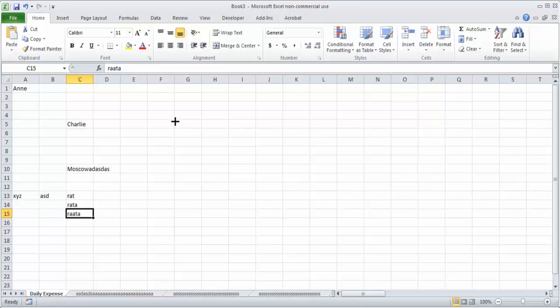Now if you make any mistake, you have seen that there is an undo button, so you can press this undo button and you are back, or you can press this redo button and it will be redone, or you can press Control Z and Control Y. Control Z is for undo and Control Y is for redo. So this is Control Z, and here it is Control Y. That is like a standard in every Microsoft application that you have.